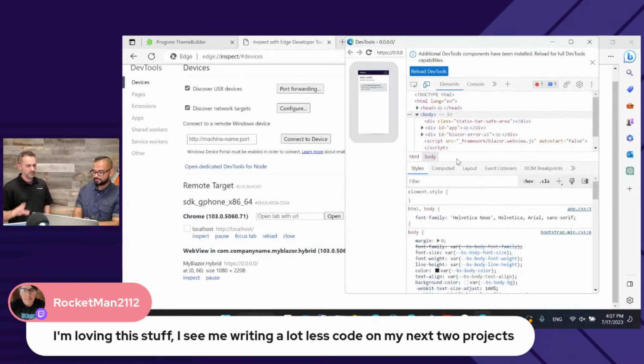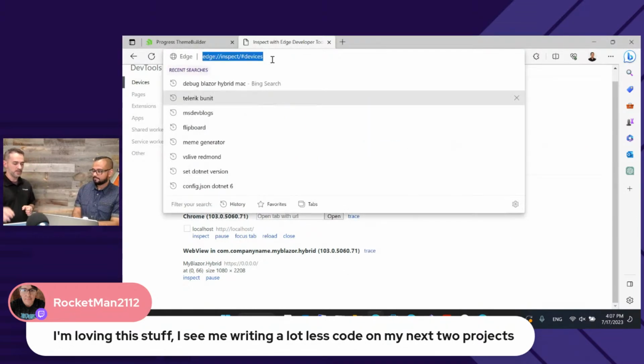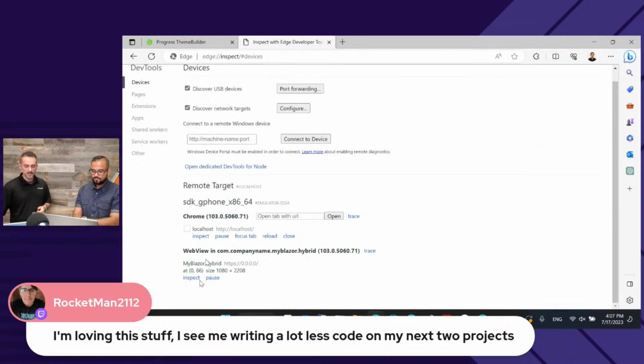It's very powerful. So you mentioned it earlier, you need that one line of code that says add WebView developer tools in your Program.cs file. Once you have that, you come to your favorite browser, pull the inspection panel up, however you do that. In Edge, it just happens to be edge://inspect. I think Chrome is almost identical because they're basically the same engine, right? You get that device listed out, you just tap on inspect, and there you go.